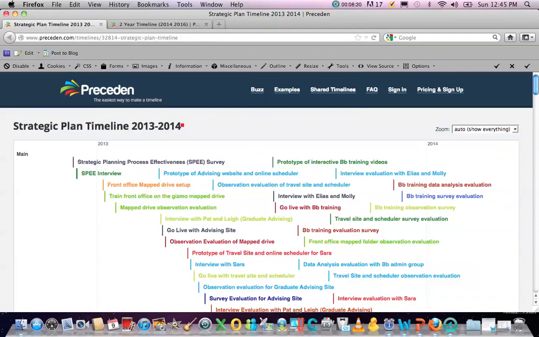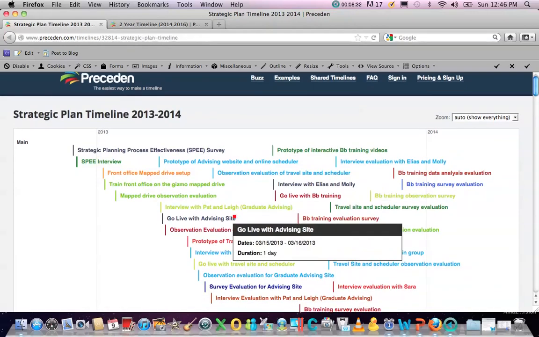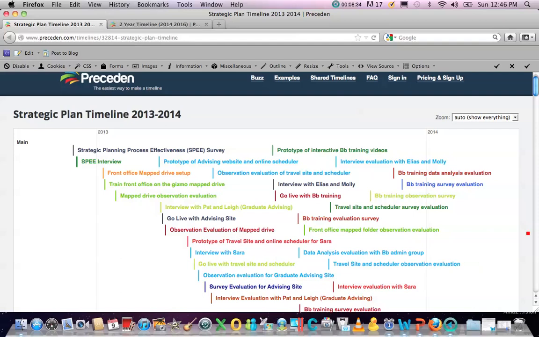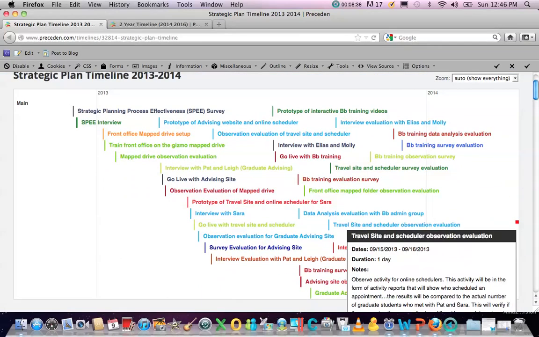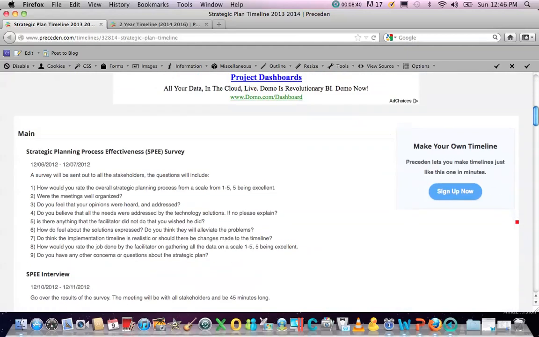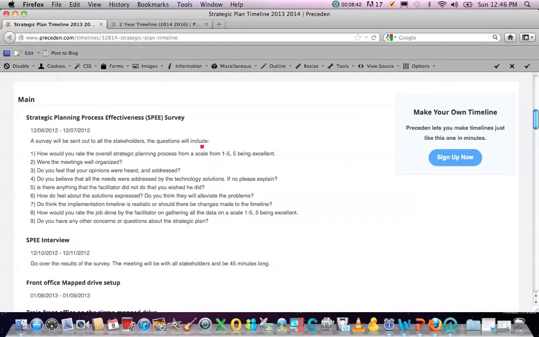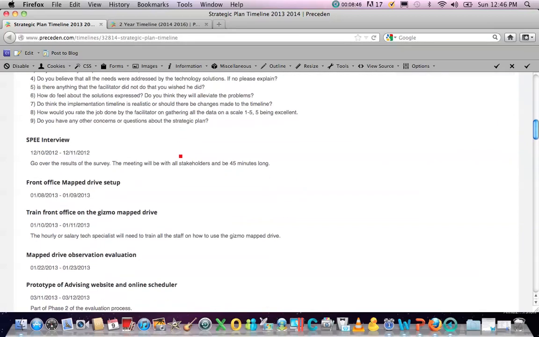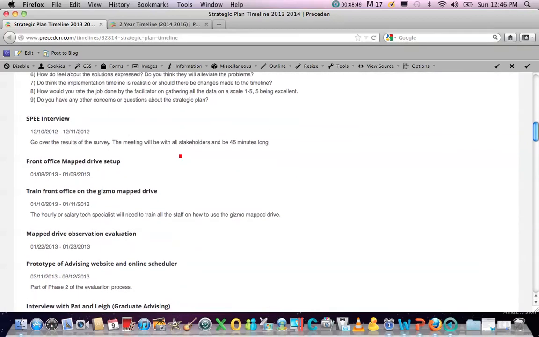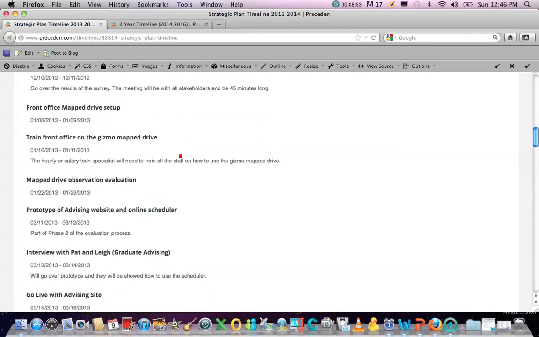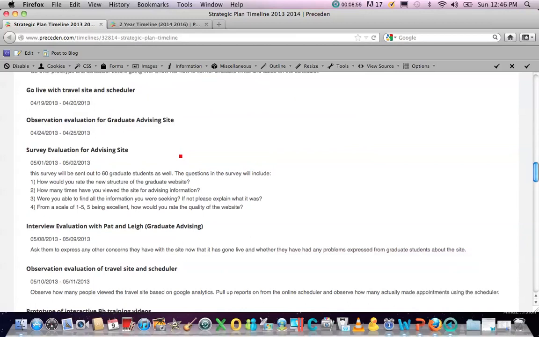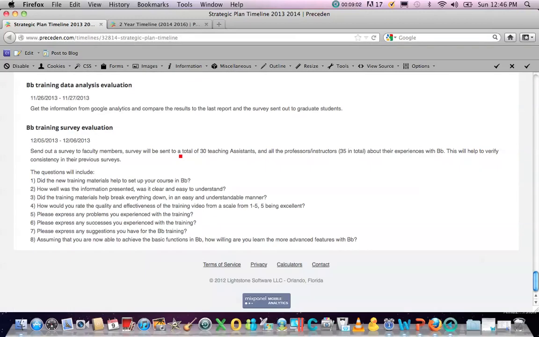Okay, first let's look at my 1-year timeline. So I've got everything set here. So I've got all the various days that the technology is going to be implemented, and I've got the various evaluation methods listed here. And if you go down, I've got everything broken up. So for example, for the surveys, I've got specific questions I'm going to ask in the surveys. And I've got a brief description about what the interview process is going to entail, etc. So this is the 1-year evaluation plan, and it goes through December of 2013.